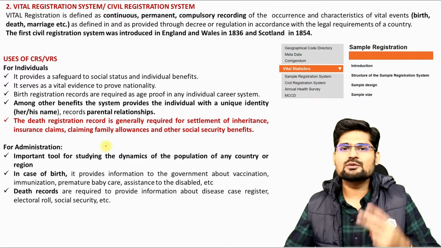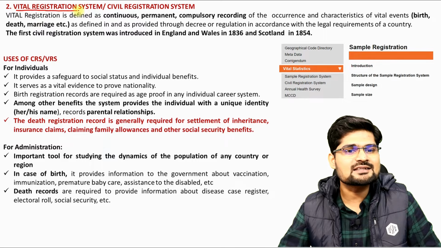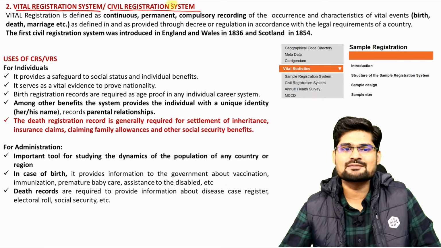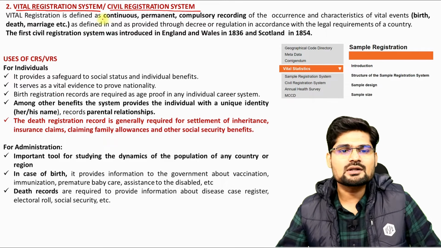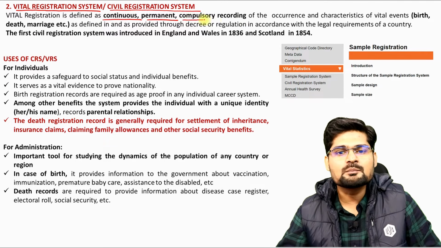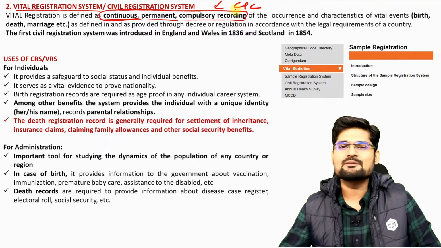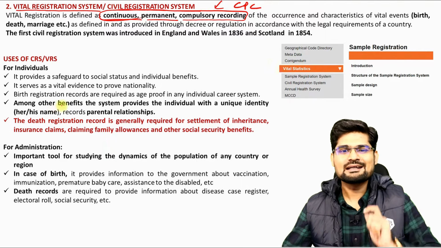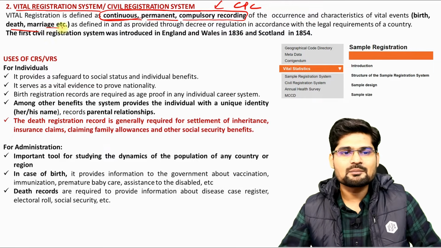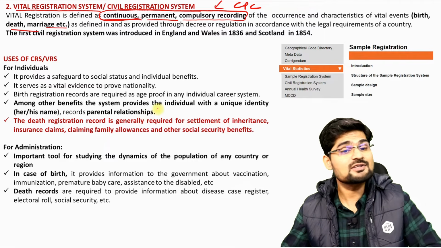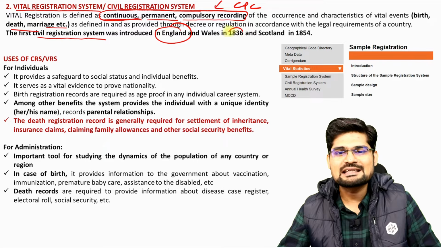Now looking further into the second important source of data of population, that is called Vital Registration System or Civil Registration System, VRS or CRS. What is this VRS CRS? It's basically talking about a continuous, permanent and compulsory recording. The three keywords you should remember: CPC, compulsory, permanent and continuous recording of the data related to birth, death, marriage and several others. Now history goes back that first civil registration system was introduced in England and Wales in 1836